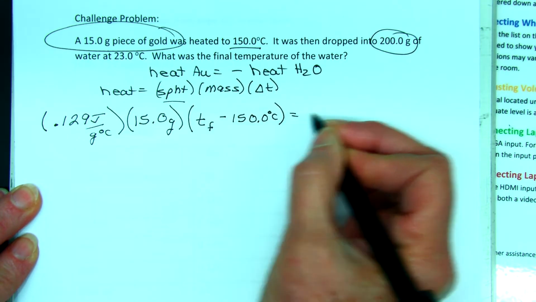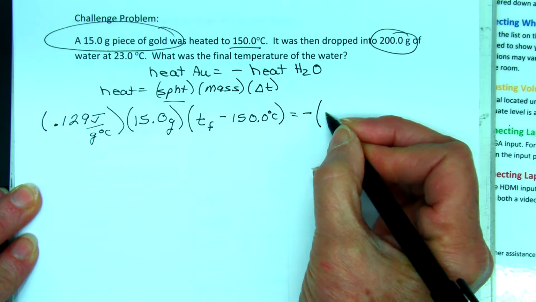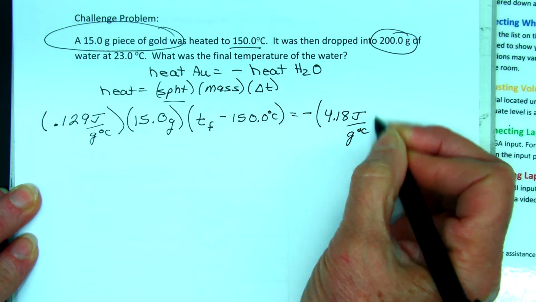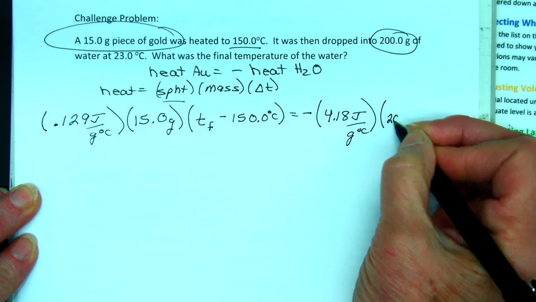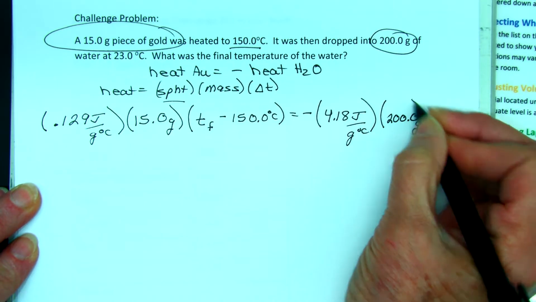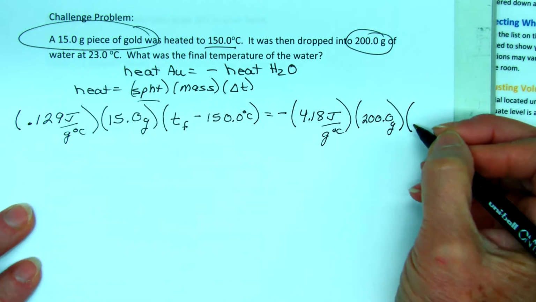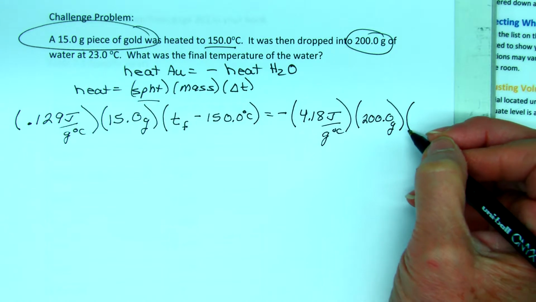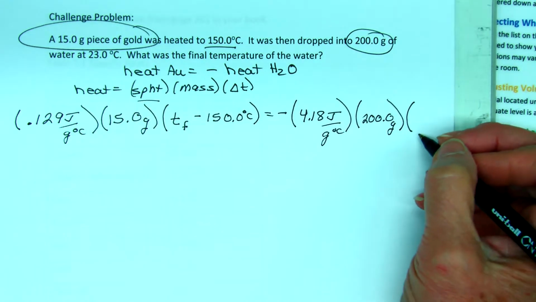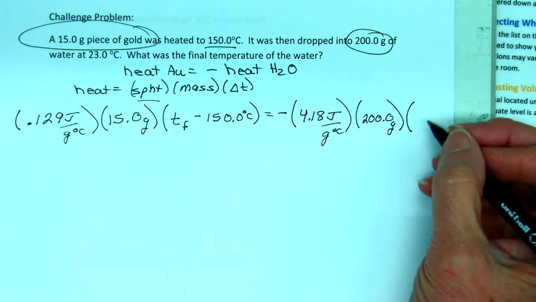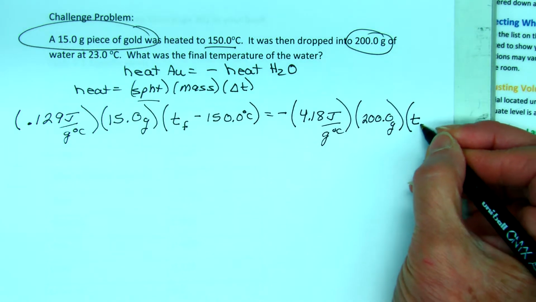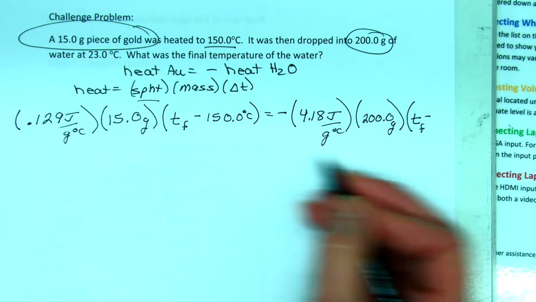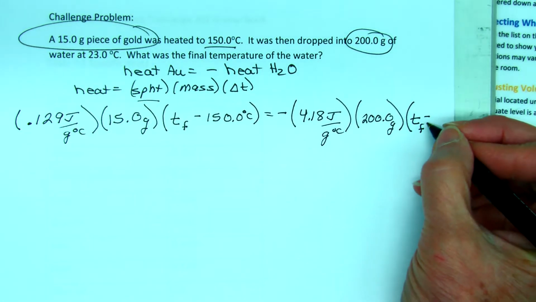So that's equal to minus the heat of the water. The specific heat of water, 4.18 joules per gram degree C, times the mass of water, 200 grams, times the temperature change for the water. What's the temperature change for the water? We don't know. So you can't have two variables, but what we do know is that the final temperature of the water and the final temperature of the gold are the same. So T final minus T initial